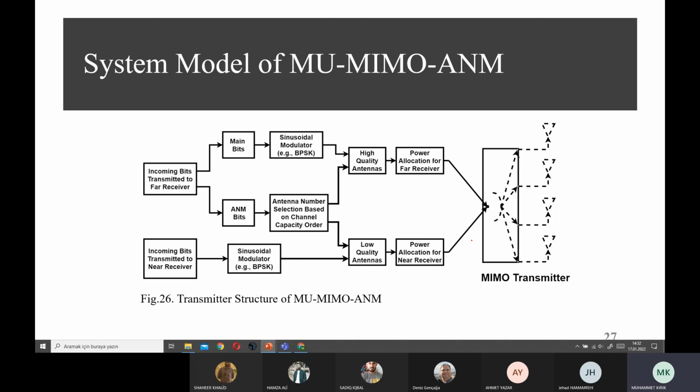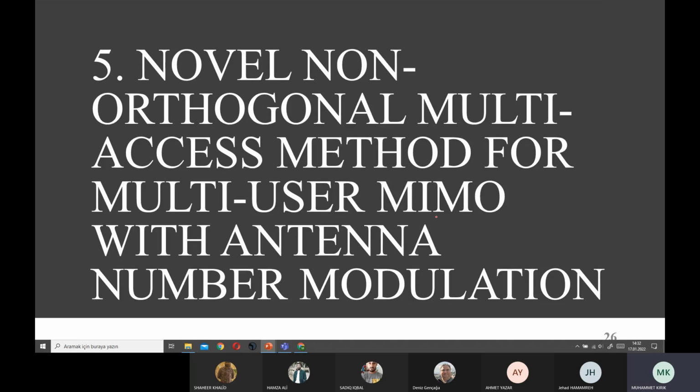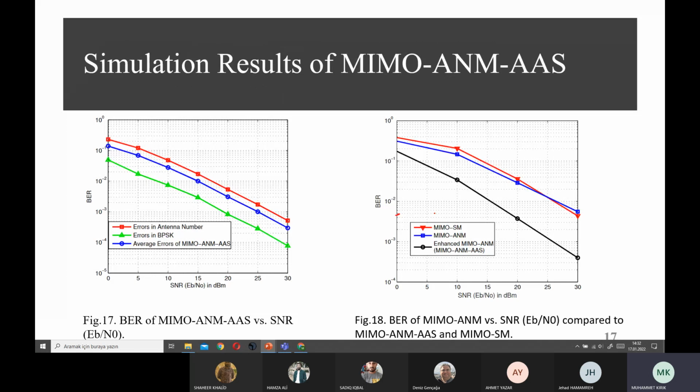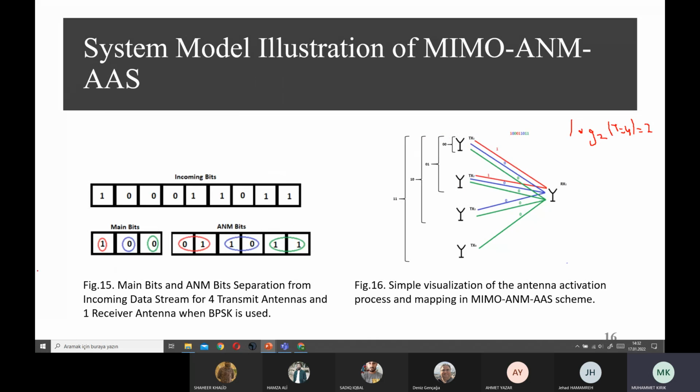The main concern of us here is to serve 2 users at the same time. Because if I come back to this figure here, for example, for the transmission of 1, we said we have 0, 1 here, and 0, 1 means the activation of 2 antennas. So we are activating these 2 antennas, but these 2 antennas are remaining without any job. They are not doing anything, but we want to exploit the performance of these 2 antennas. So for this reason, we are proposing